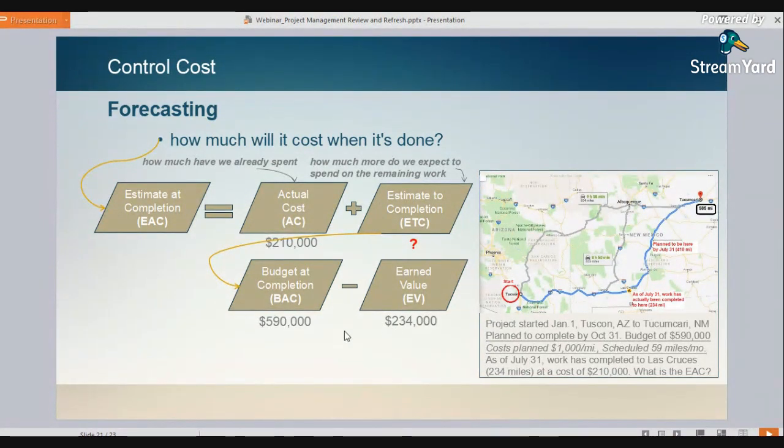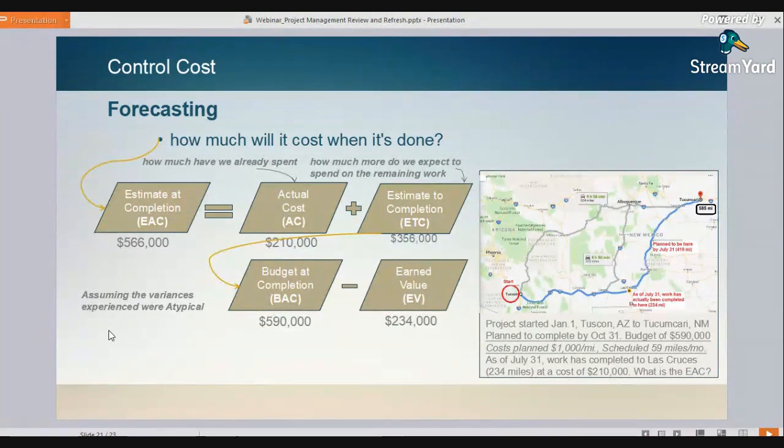So our estimate to completion would be $356,000 if we subtract 590 minus 234. We add our actual cost plus our estimate to completion, and we end up with $566,000. That would be how much money we could expect to spend at the end of our project,